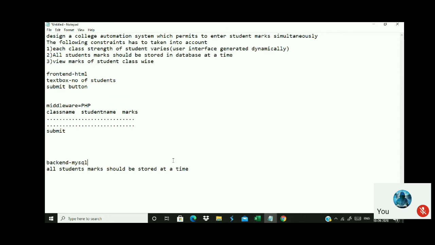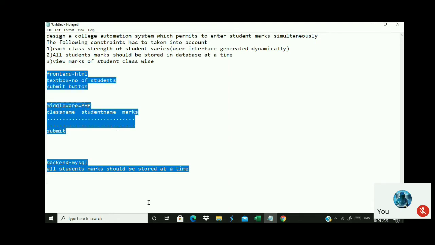I'm not going to write separate files for HTML and PHP. I'm going to do all these three layers in one file itself. If you want very good clarity, you can put them in different files, but for efficiency, we will have only one file, and I'm going to design all three things inside a single file.